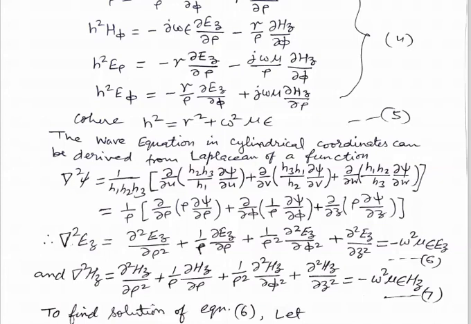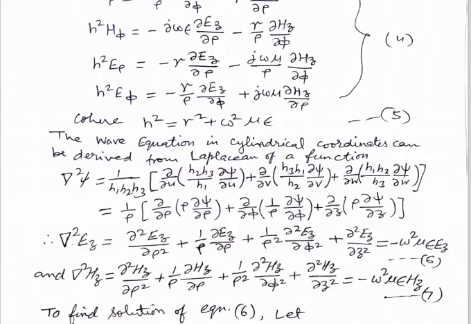Also, in curvilinear coordinates, the Laplacian of a scalar function psi is given by del square psi equal to 1 upon h1 h2 h3 times [del over del u of (h2 h3 upon h1 del psi upon del u) plus del over del v of (h3 h1 upon h2 del psi over del v) plus del over del w of (h1 h2 upon h3 del psi over del w)], and again